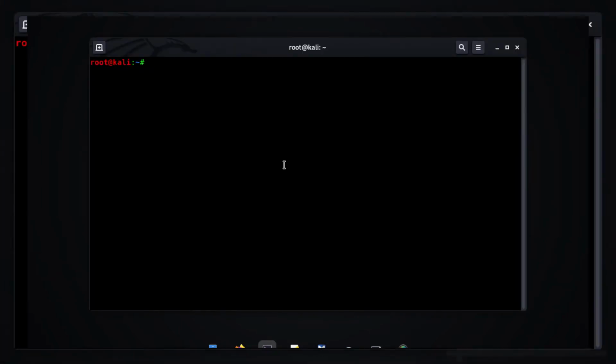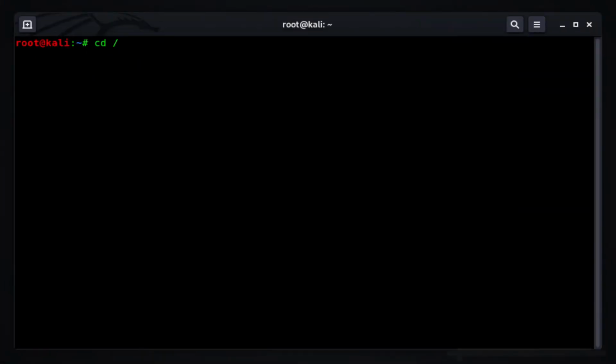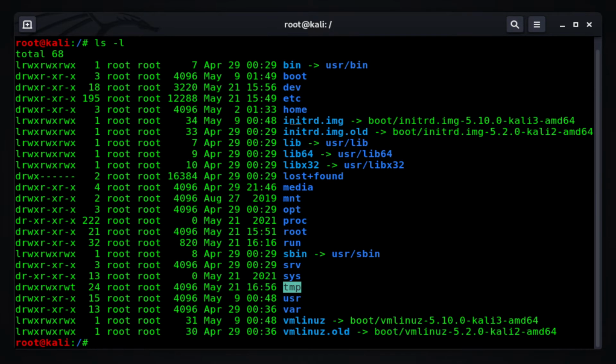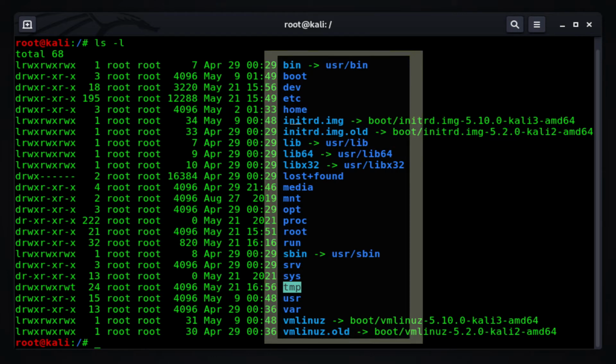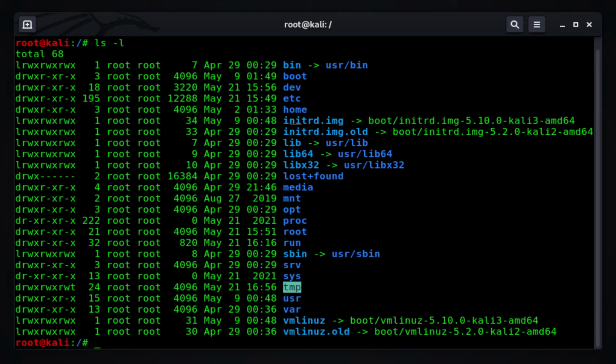Use the command cd space forward slash to navigate to the slash or the root directory. Here we can use the ls space -l command to list the underlying files and directories in it. As you can see, there are bin, boot, dev, etc, home, media, mnt, root, run, sbin, tmp, usr, var, etc. directories available.